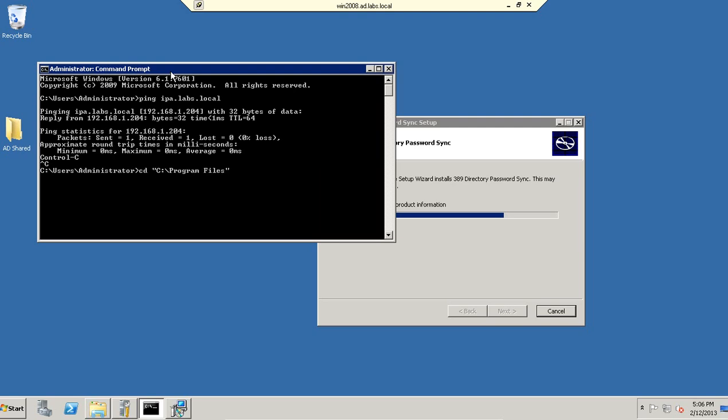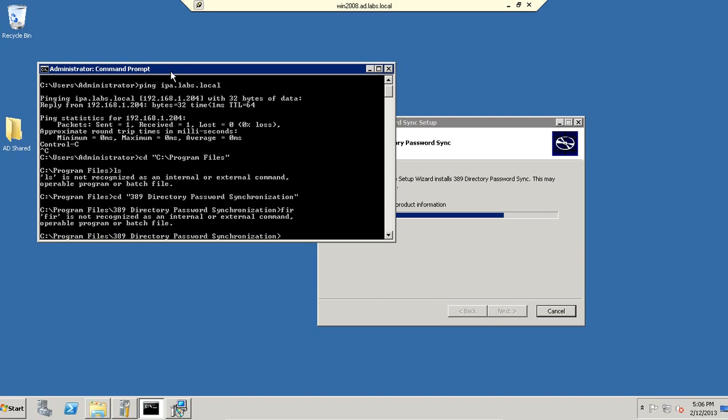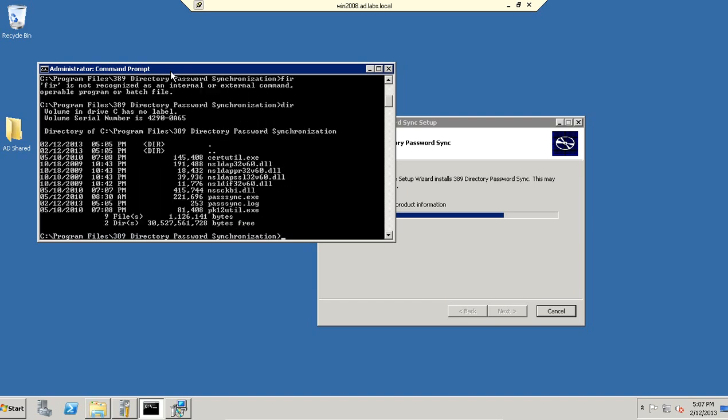So the installation of 389 directory server happens at C drive, Program Files, 389ds, Password Synchronization, dir. And this application has its own database of trusted certification authorities in this folder. So what we need to do is use certutil -d . -i to import it from C drive,